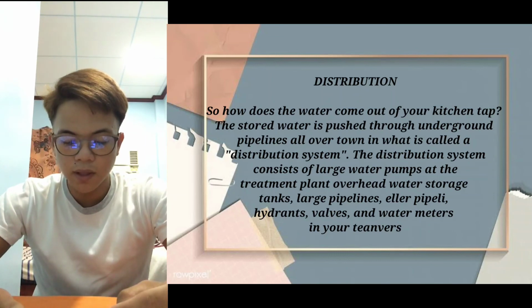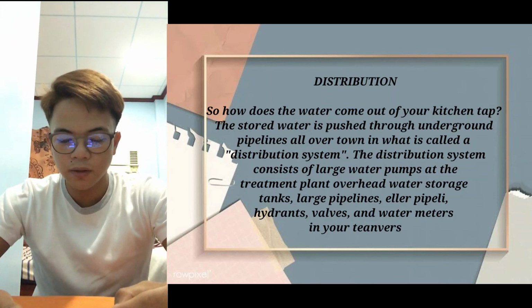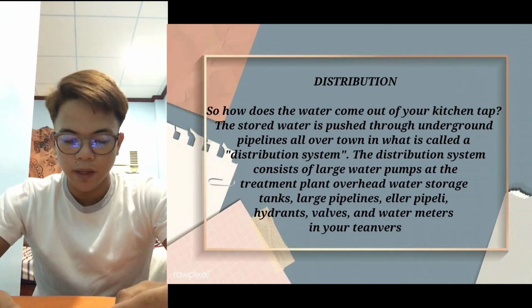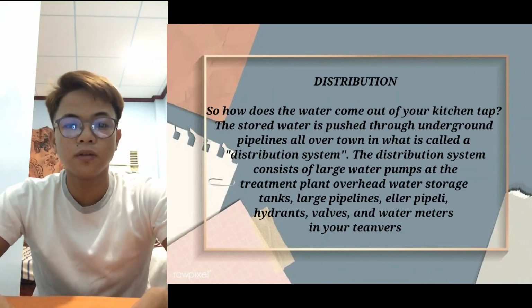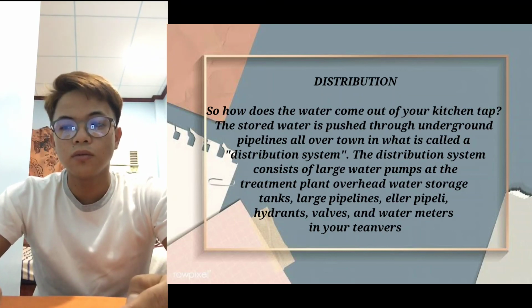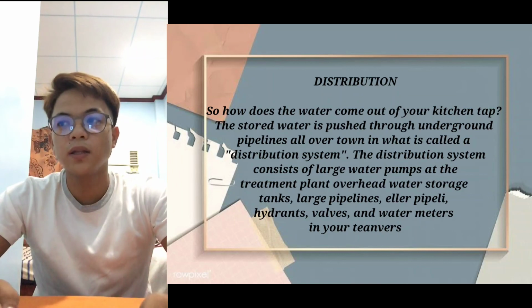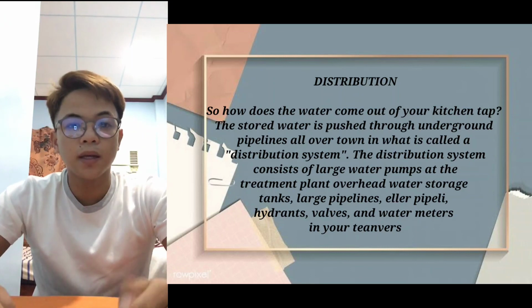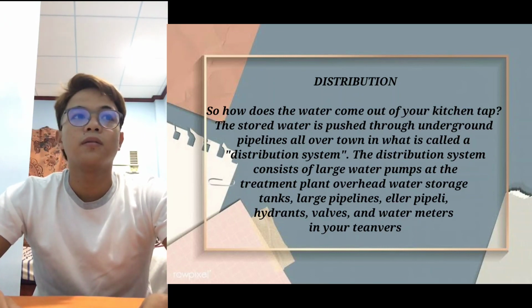The distribution system consists of large water pumps at the treatment plant, overhead water storage tanks, large pipelines, small pipelines, fire hydrants, valves, and water meters in your front yard. In this distribution, we need to know it well, and we need to make it flow well in the pipeline, because if the pipeline is broken and has a leak, the water will become